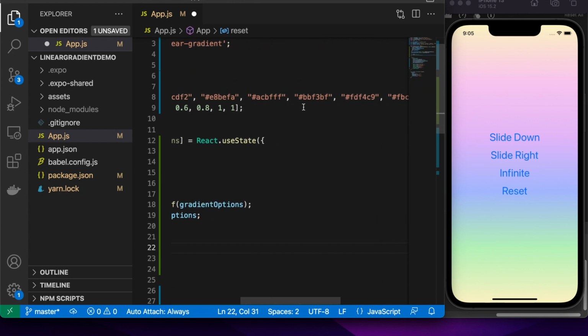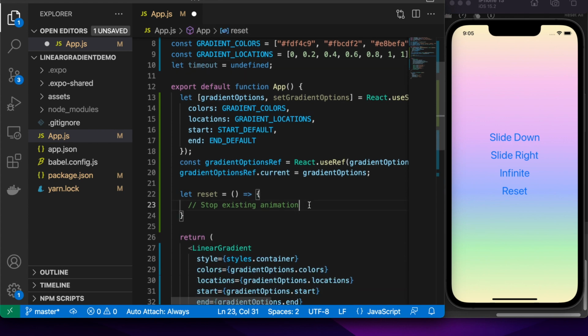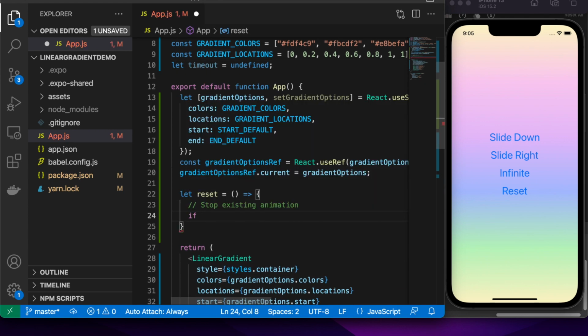So I'm going to create this reset, and it's going to basically clear any existing timeout. So I'm going to need to define my timeout. I haven't set anything against that yet, but I will later.